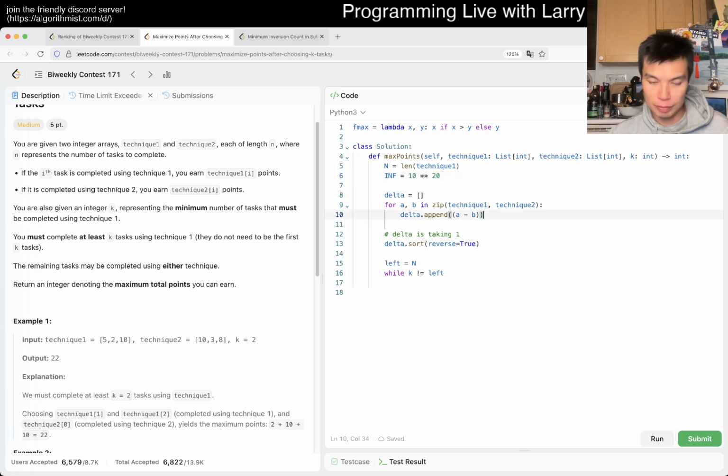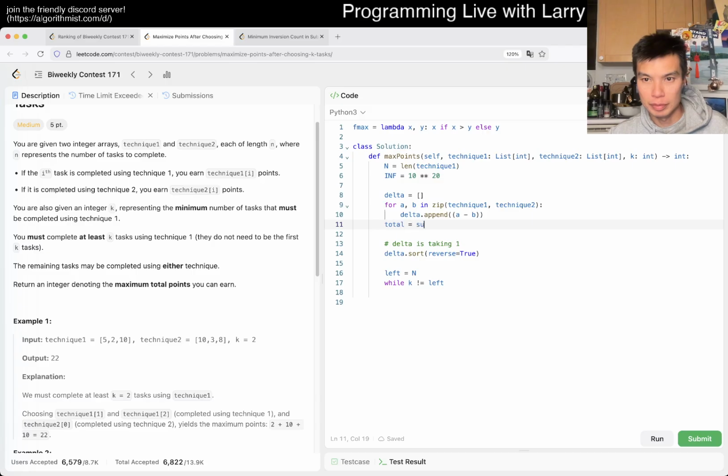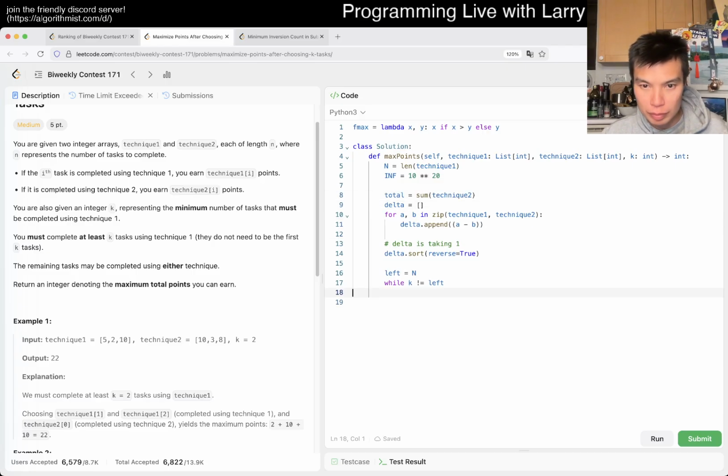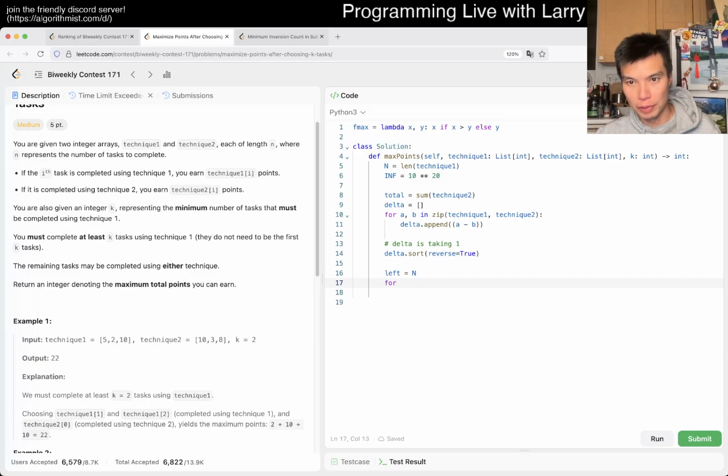So then, point what? Okay. So what do I do? K is equal to left. No, that's not right. For d and delta. Okay, so then now, if k is equal to left,